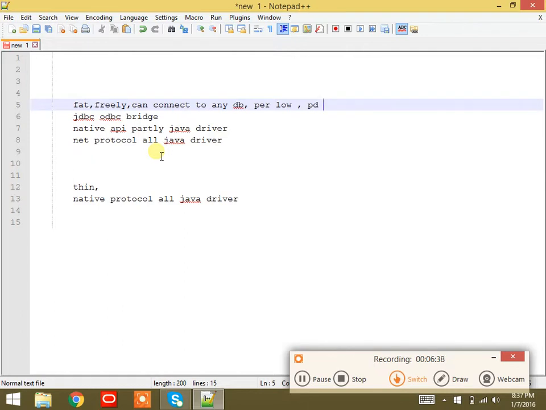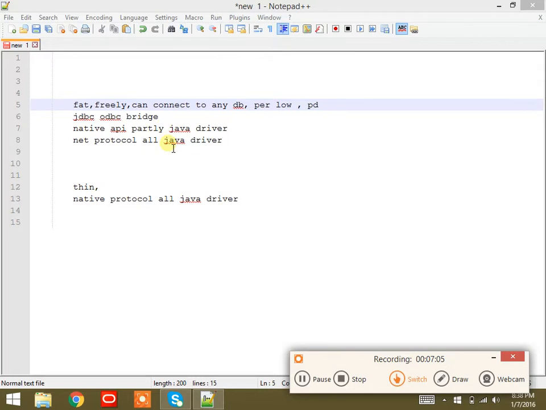Type 1 driver will connect to any kind of database. So whatever commands we have learned are the MySQL commands. Correct?